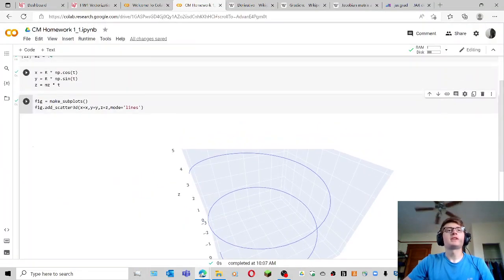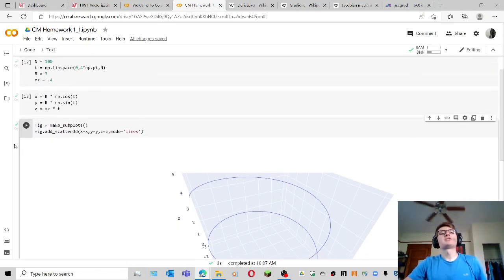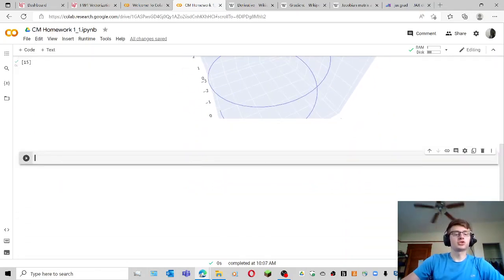So if I were to take the derivative of this, actually, let me backtrack a little bit, and I'm going to make up a new function just to explain this. This is going to be f in terms of x and y, and that's going to be equal to sine of x